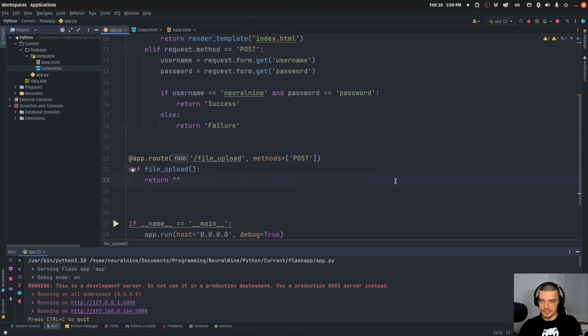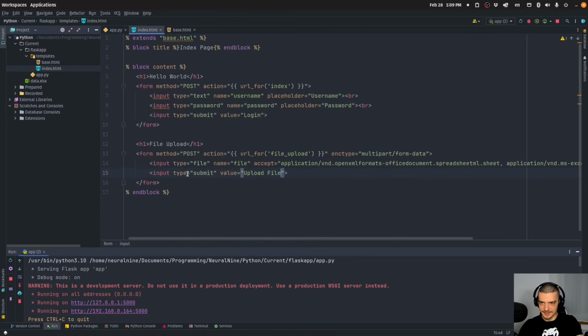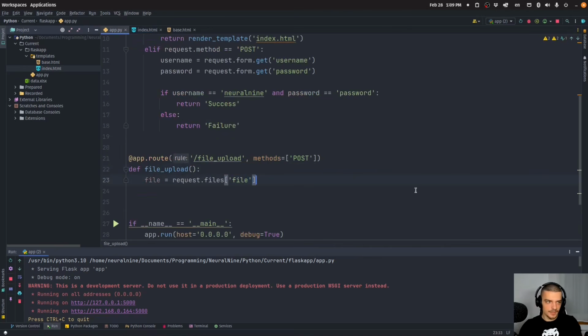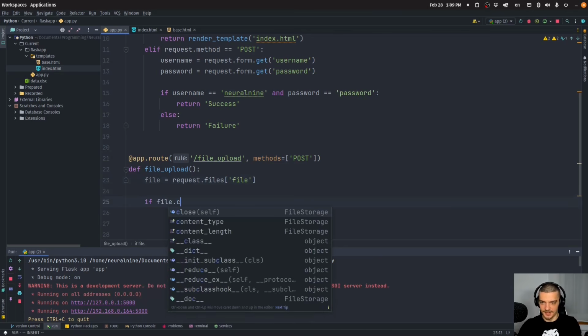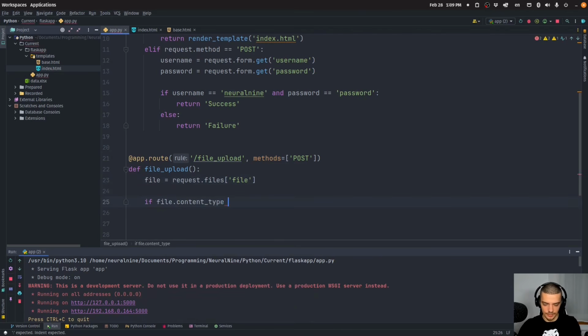And now what we would do here is we would first of all get the file. So we would say that the file is equal to request.files. This is now a separate field. It's not form, it's not JSON, it's files, specifically for files. And here we want to get file. This is again the name here, file. What we now want to do is look at the content type of the file and decide what we do with that file. So we're going to say if file.content_type is equal to